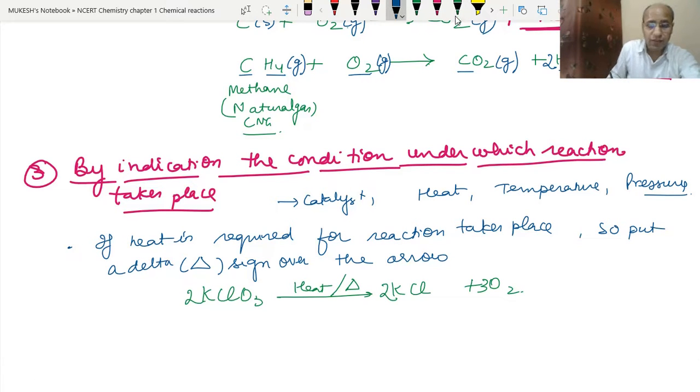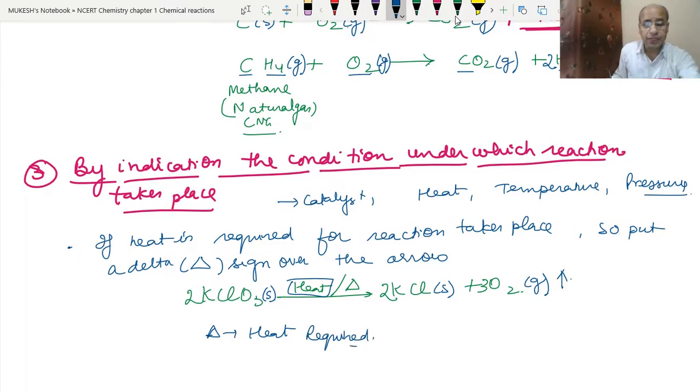Now what are the different symbols which are being used here? The KClO3 is being used as a solid, and oxygen is formed in the form of gas, and whenever gas is there, we can put the arrow also to represent the gas. Since heat is required for the reaction to take place, we have put the delta sign over the arrow. It means if we don't write heat and just put the delta sign, even then it will be sufficient. So delta means heat required.